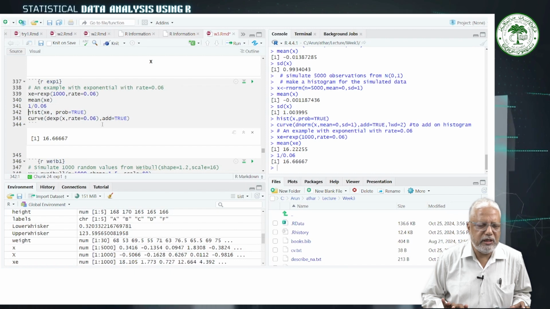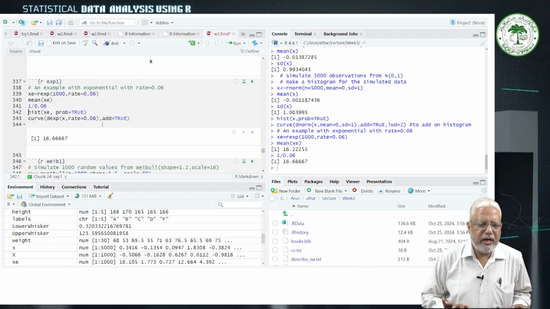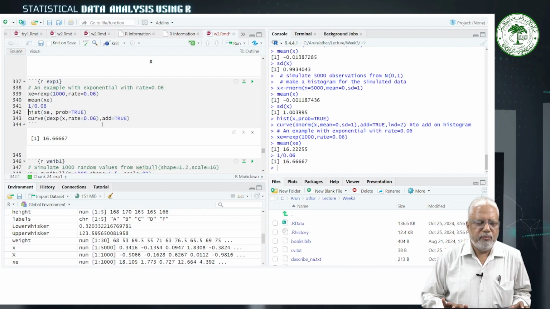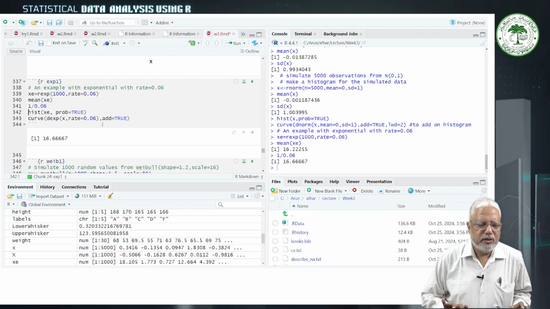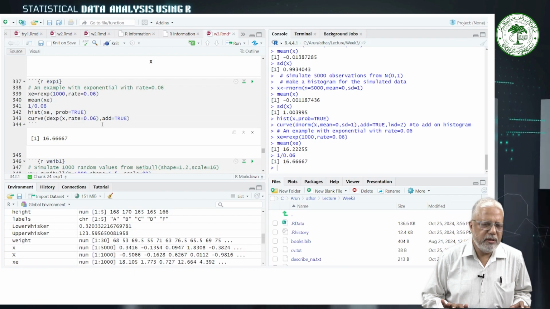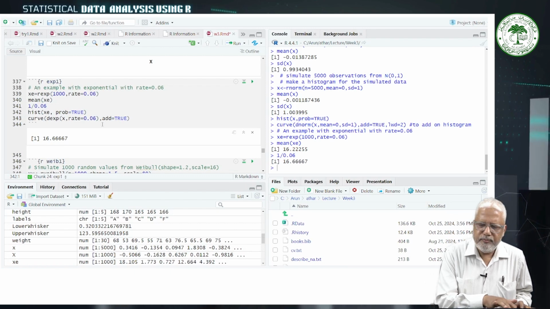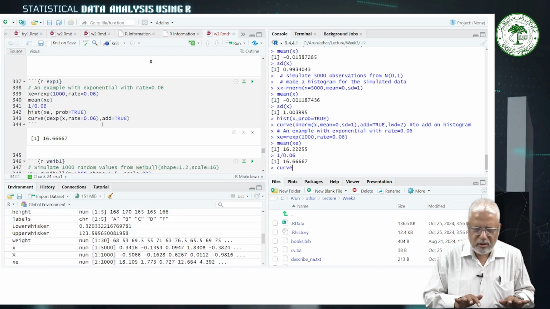curve of dexp, not dnorm, here dexp with rate equal to 0.06, and add equal to TRUE, because if we don't write add equal to TRUE, it will be a high level graphic function. Say for example, if we have